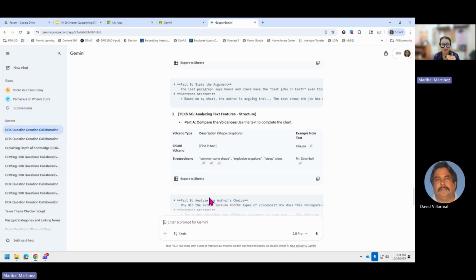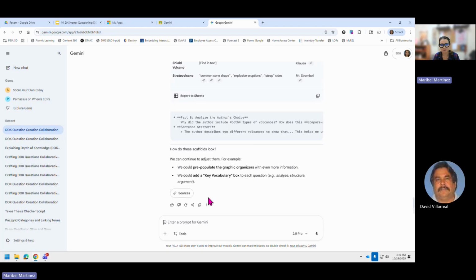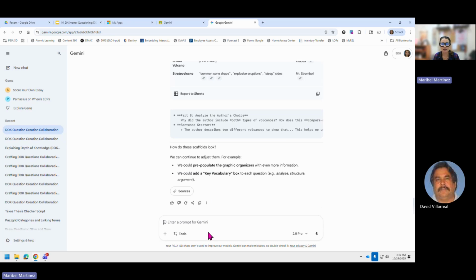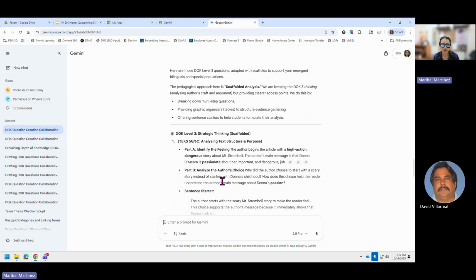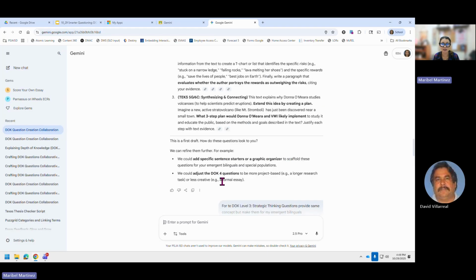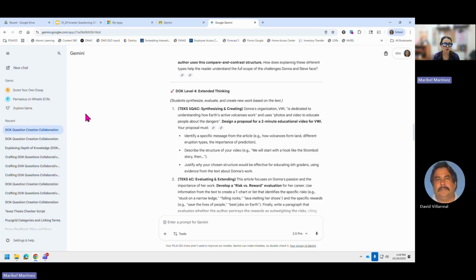I'm not going to go through each and everything, but this is what you'll see. This is the kind of conversation the AI will have with you in order to get the outcome that you need. So just keep questioning until you get to the type of questions that you want. Like I said, you can always turn these into a choice board, especially the DOK level 4, the extended thinking. So I'm going to take you through another tool,